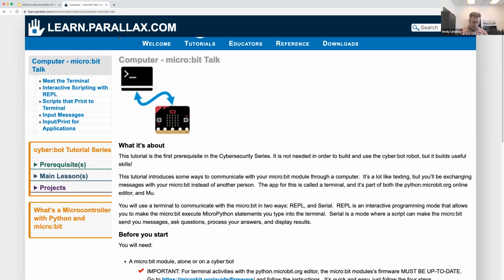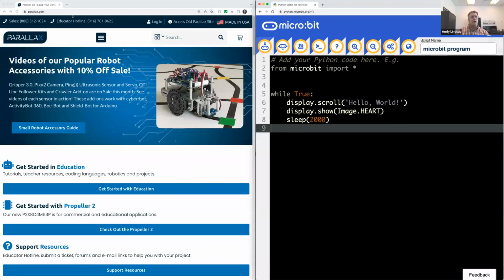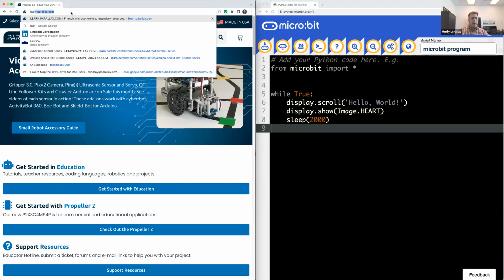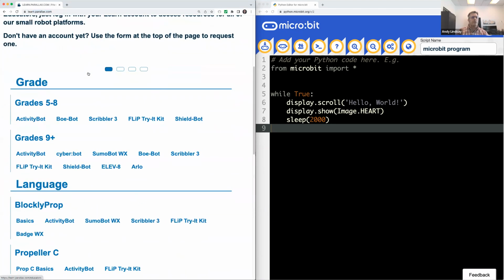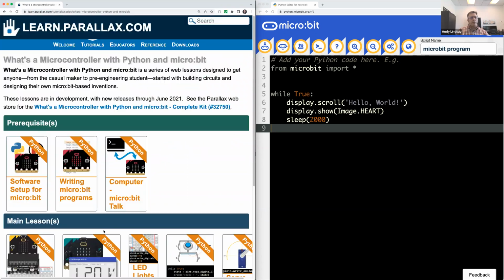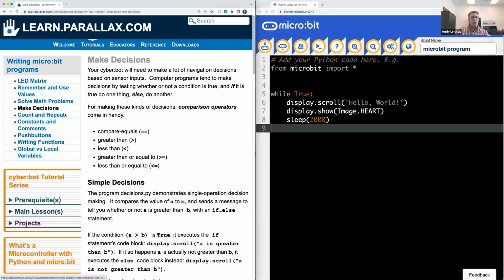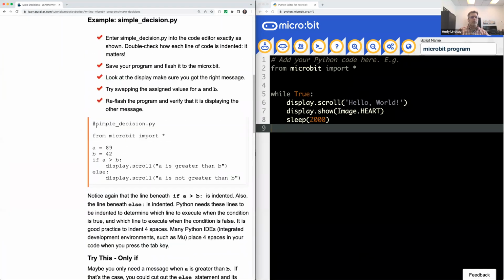I guess one thing I would like to say about it, though, is that when your students are doing it, it's best that they go to learn.parallax.com, just like we did on the other screen. And then What's a Microcontroller with Python? And then if we're looking at the Writing Microbit Programs tutorial, it's best to have the tutorial and the programming environment tiled side by side. That way, when the student is working through the tutorials, they can